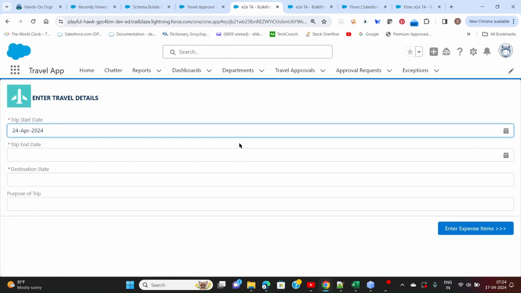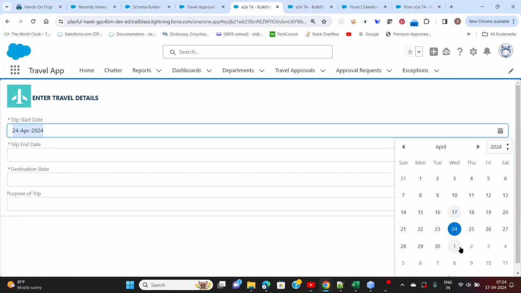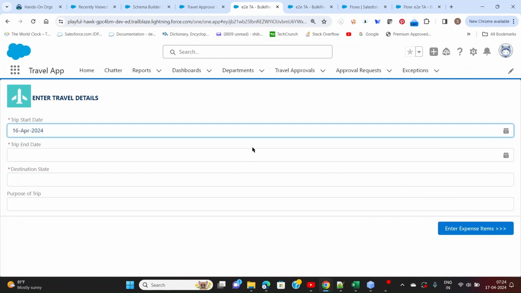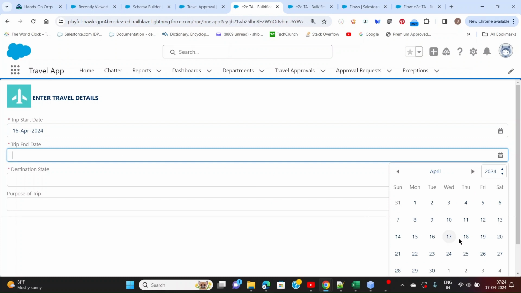That's the list button that I just created. Automatically it adds 7 days to the travel trip start date, and you can modify it. Let's say the trip start date is 16, so I'm trying to invoke the validation here, and trip end date